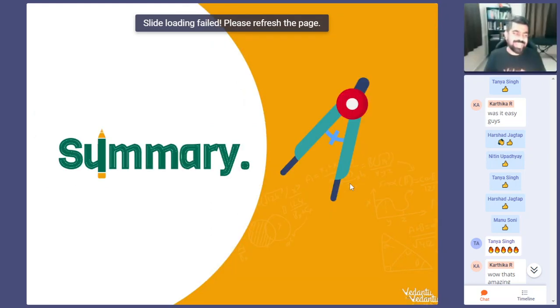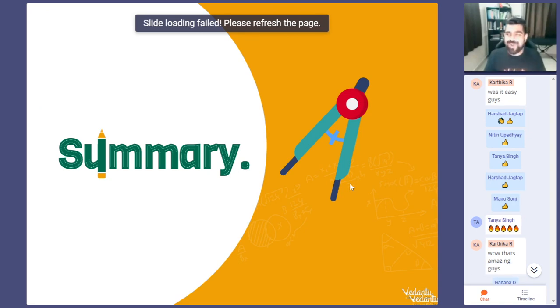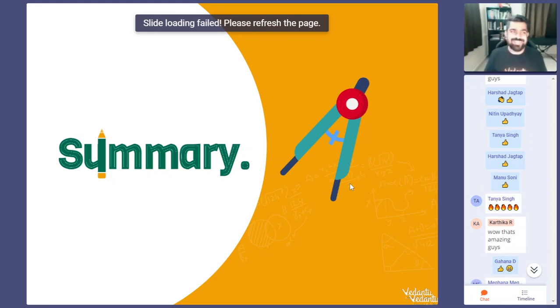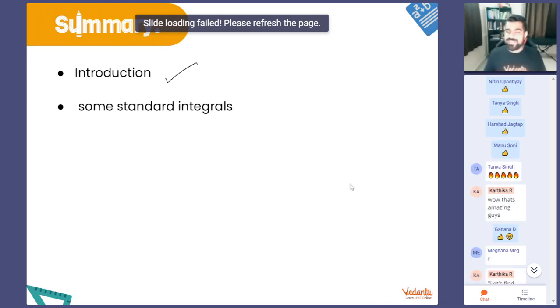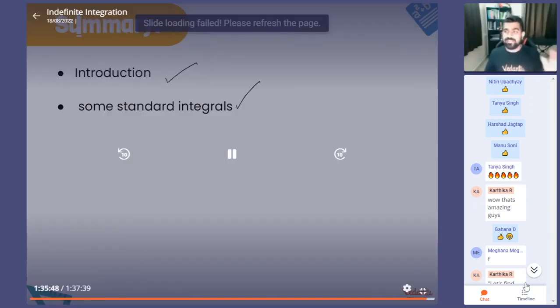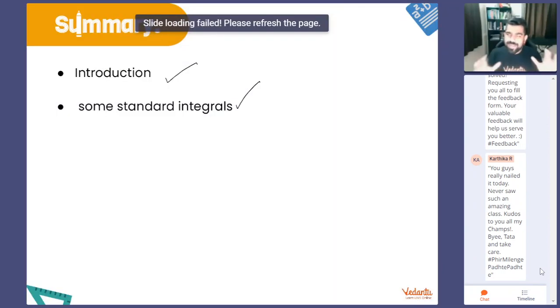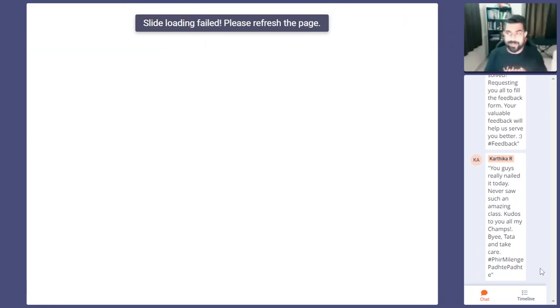All good? Okay. So I hope all of you saw your performance throughout the session. So come back much, much stronger and more well prepared in the next session so that you can keep improving. Okay. So today, what did we see? What is the summary? So we started off with integration. We started integral calculus officially today, and we looked at some standard integrals, lots of formulas which you guys have to retain in your memory. By the next class, make sure you guys are all thorough in them. Okay. And whatever manipulations I did were very basic. So practice them from your NCERT and keep growing.